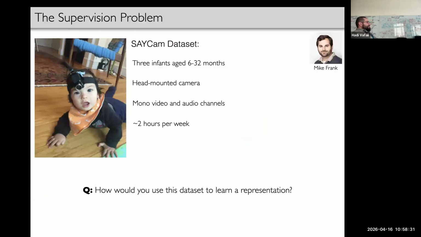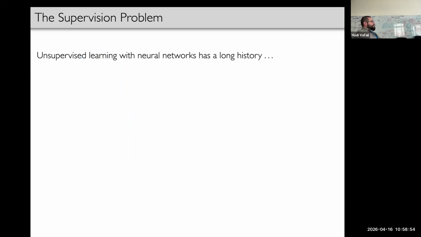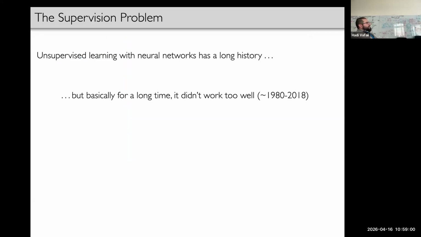At the time, I was like, I have no idea, Mike, because I only know how to solve problems with tons of supervised data. This is exactly the kind of problem that motivates research. Cognitive science is pushing you to do something. It's not telling you how to solve it at all, but it's telling you what thing you need to fix. So it's got to be some form of unsupervised learning, was the thought. The problem was that at that time, unsupervised learning in neural networks or anywhere else had been around for a long time, but it didn't really work.